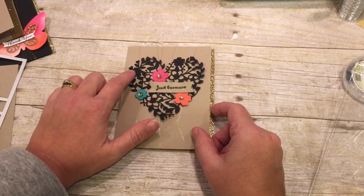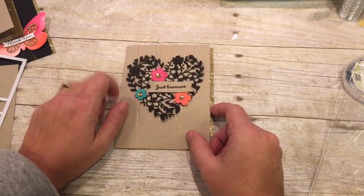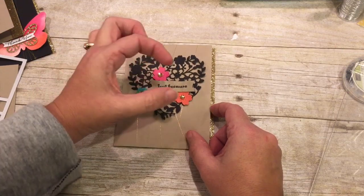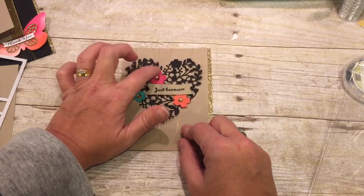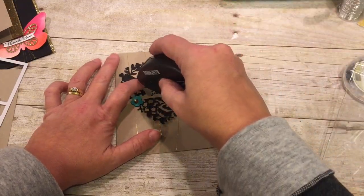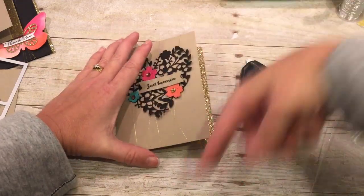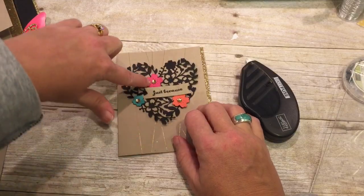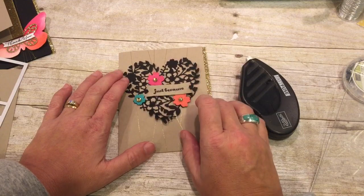So to do that, what I did is I placed my heart on the card. Okay, then I put some adhesive under this flower because it's that bold flower on there. And then I used that as a start. So I just put a little bit of Fast Fuse right here underneath on the Crumb Cake. Boom, boom. Then I started my metallic thread, wrapped it a few different times so it's spread all over, and then ended it right here too and touched it into that Fast Fuse that's under this flower, under the black